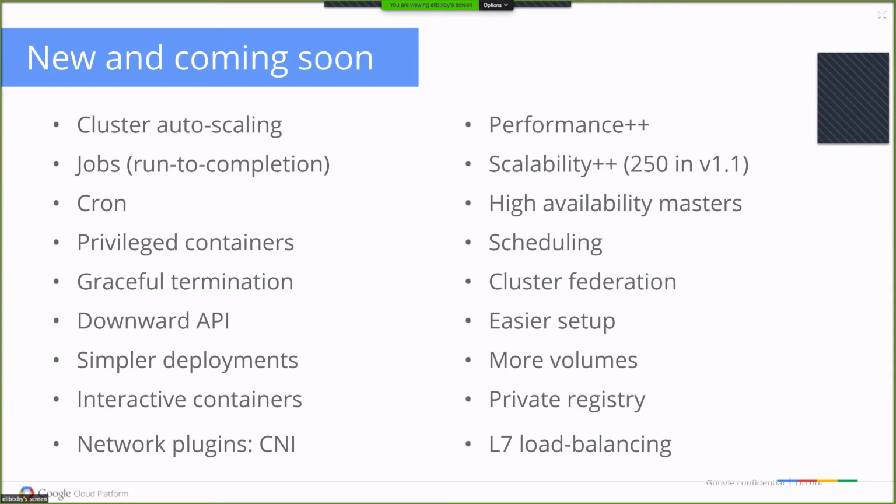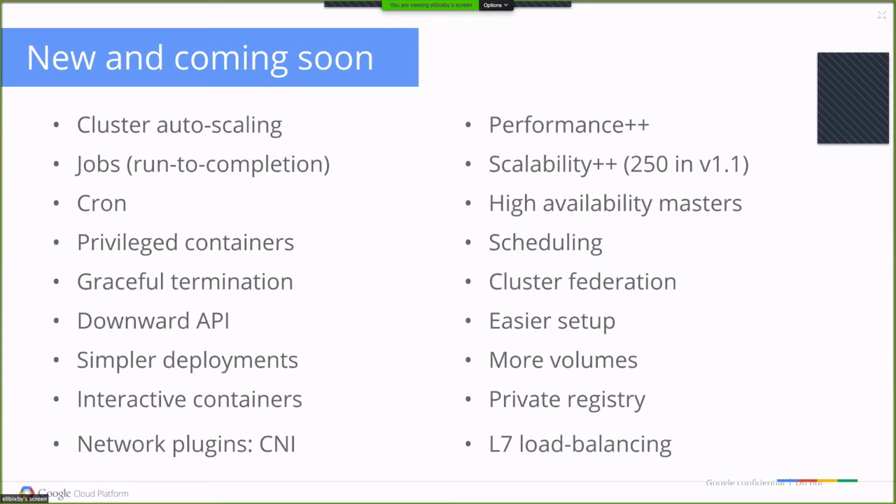People are looking at implementing Spark runners and so forth on top of Kubernetes using this. Really cool presentation from the Pachyderm folks at KubeCon involving jobs. Privileged containers, useful for many things where you need access to the underlying OS, are coming.